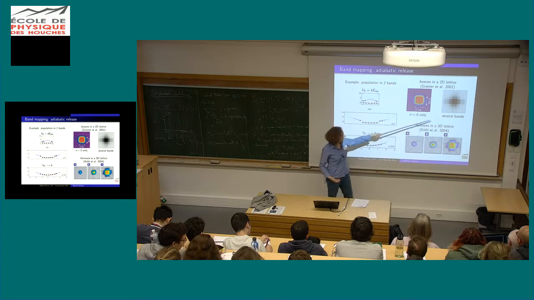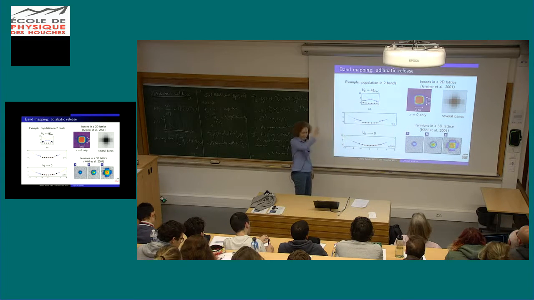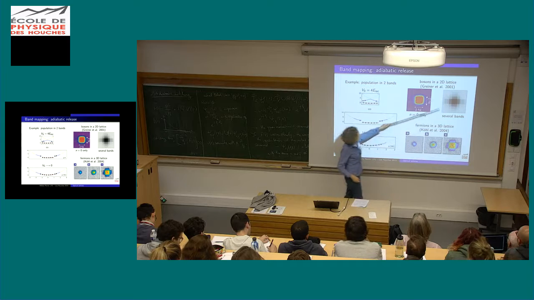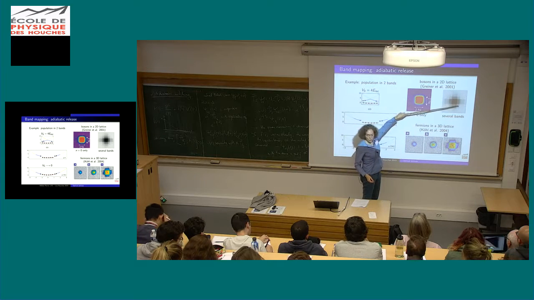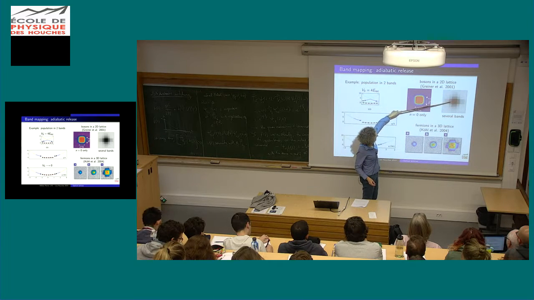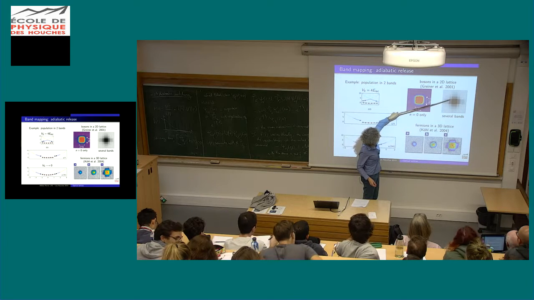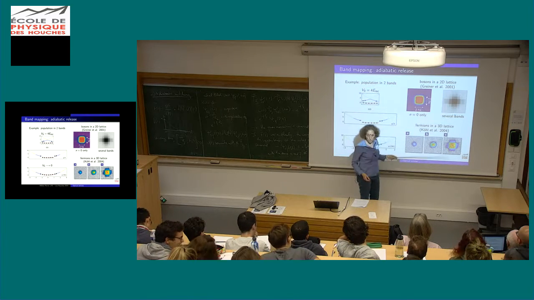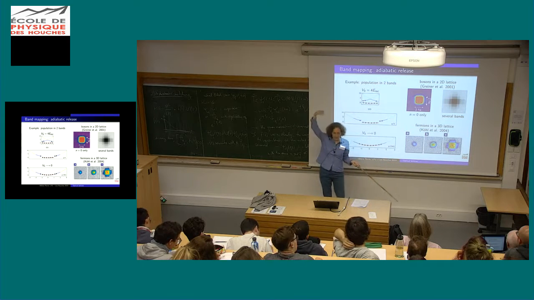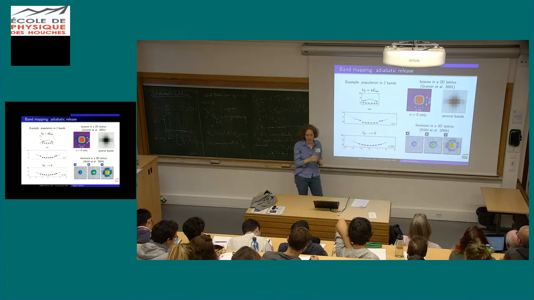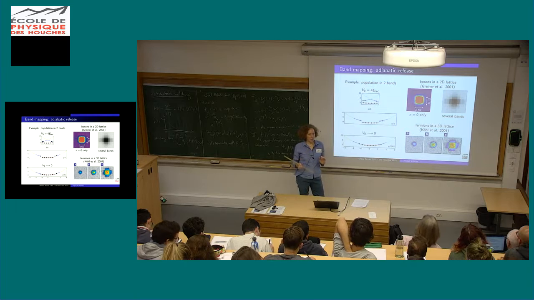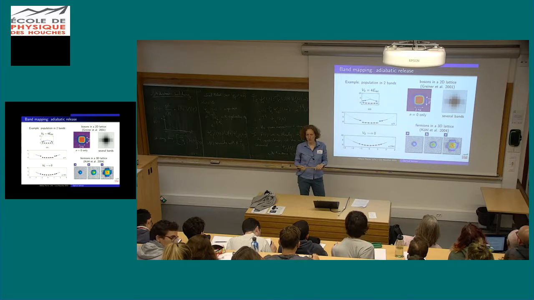Okay? And here is the situation where you heat so much that you populate also excited bands, and you can nicely observe the first Brillouin zone, and then the second Brillouin zone, which corresponds to the first excited band, and then the third one here, which corresponds to the second excited band, etc., and count how many atoms you had initially in the different bands. So was there another question? No?